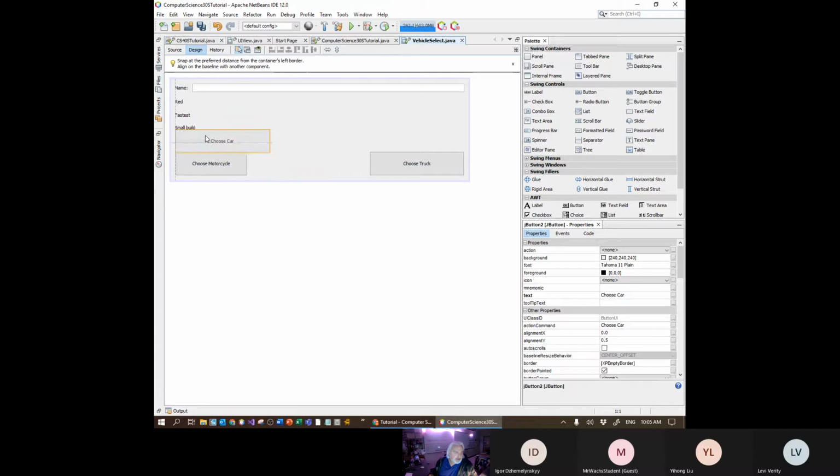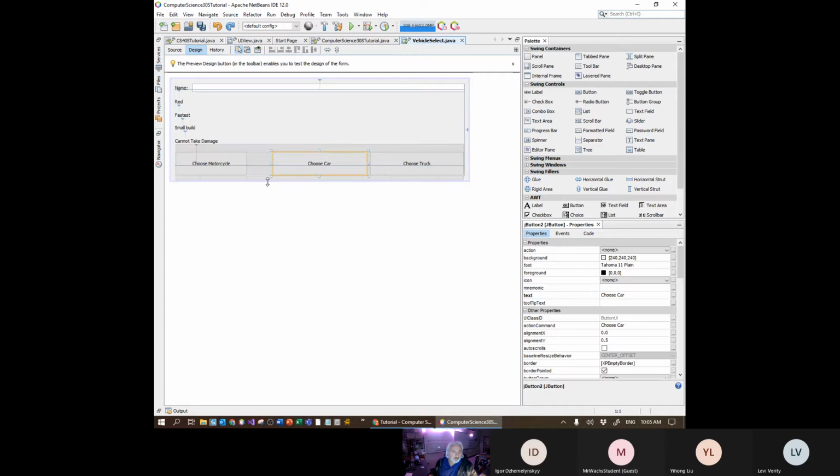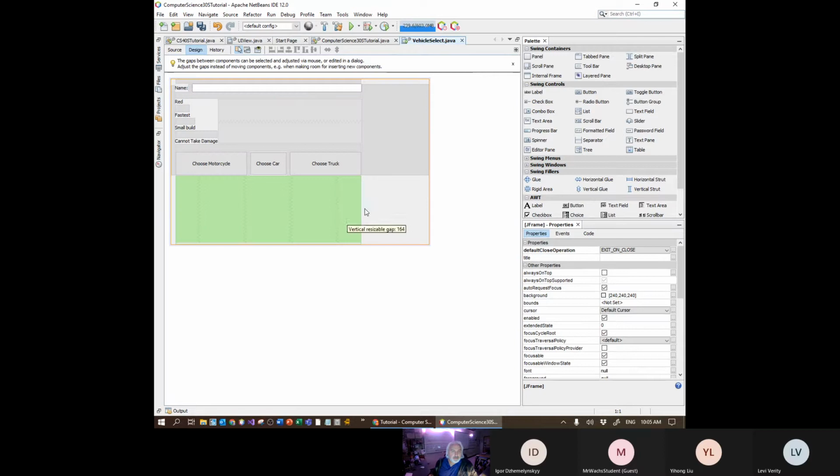I'm gonna take a second to make these buttons a little bit smaller, okay? That's one thing about this designer, it doesn't always cooperate with you. So hang on, let me go back here a little bit. It tries to help you by helping position these things and helping size these things, but sometimes it's not helpful and sometimes it ends up screwing it up and moving things all over the place. So it is something you got to kind of tweak and work with a little bit. It isn't always the most intuitive thing to work with, but with a little bit of practice, you can kind of get it in a position